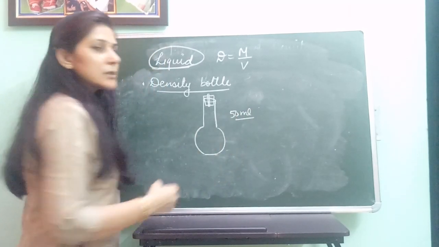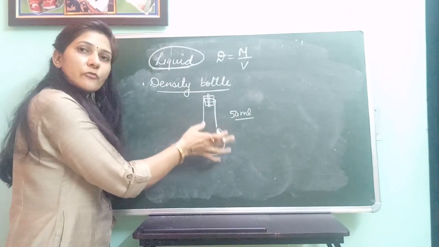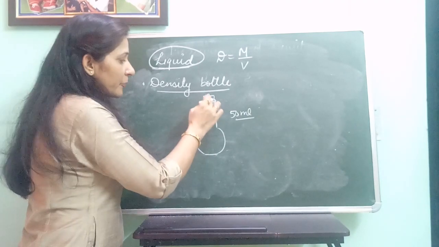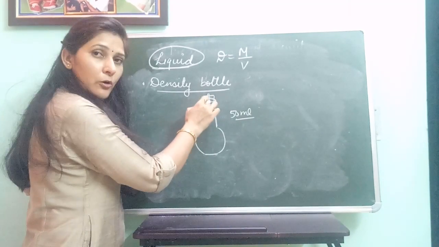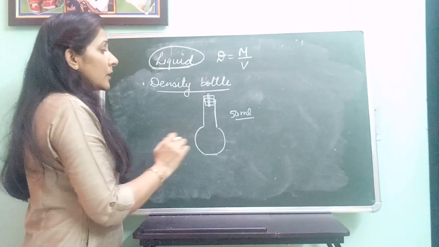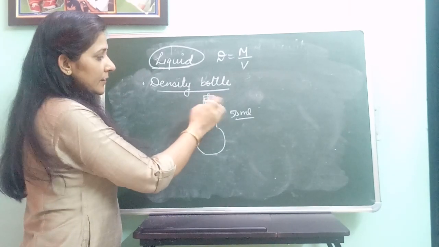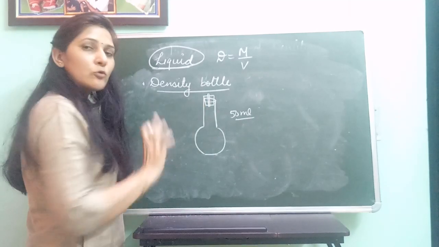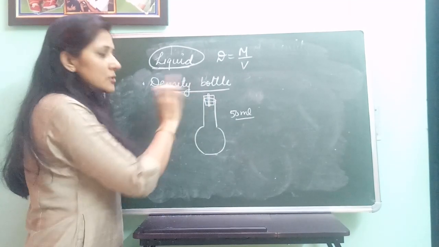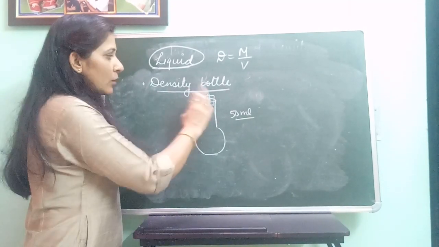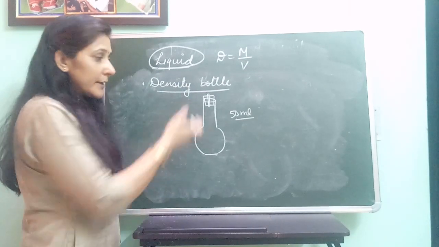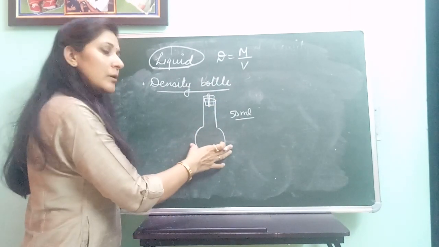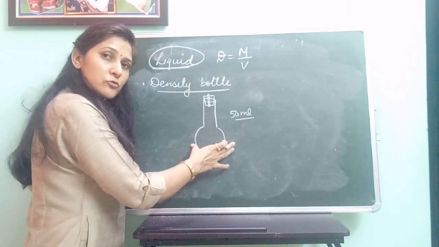Every time its capacity is 50 ml, which means it is able to hold 50 ml of liquid. Why are we putting this stopper which has a hole over it after filling it? There is a reason. When you fill it with the liquid, it holds a certain amount of liquid. When you place the stopper over it, as the hole is present in the stopper, the extra amount of the liquid comes out,